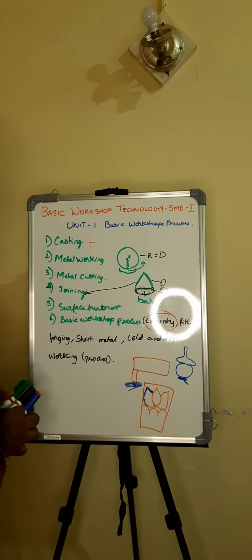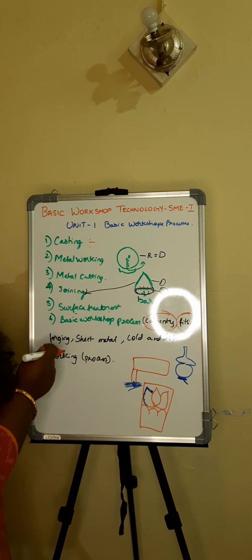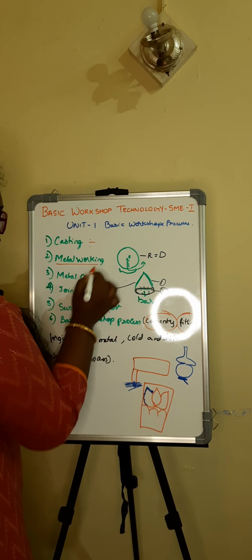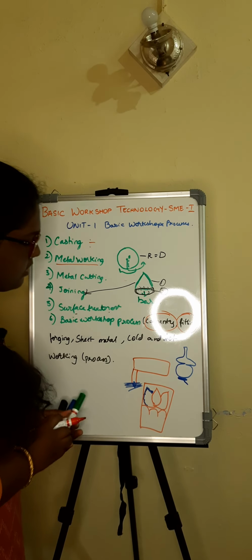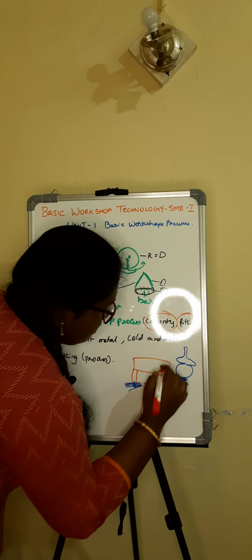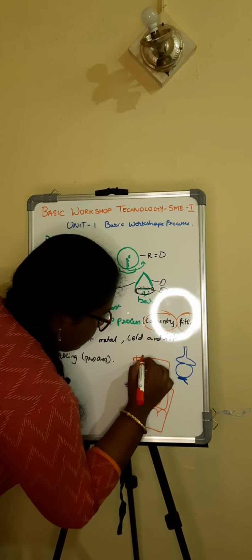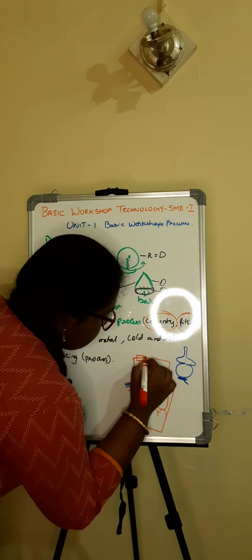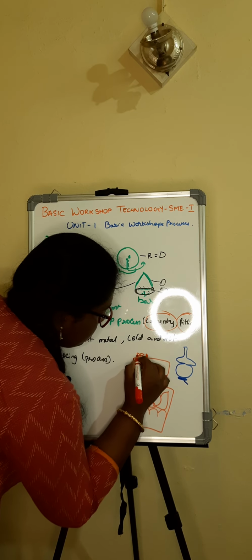So, in fitting we are going to be dealing with metal work. Most of the metal work is done in fitting. In fitting we have the smooth finish also. If this is going to be your work table, there in your fitting you have a whole bench which has your handle and here both.